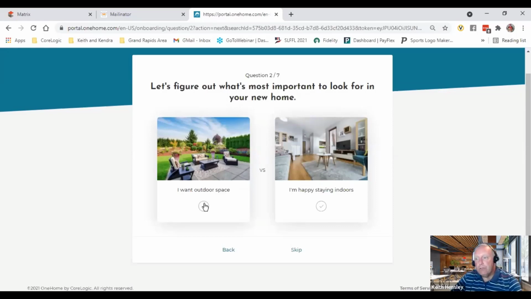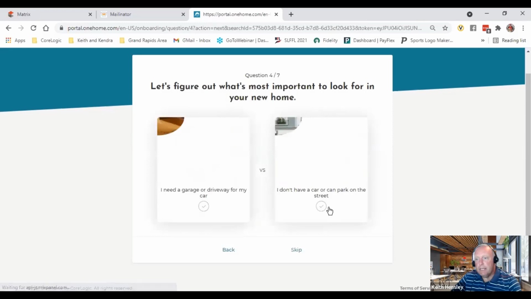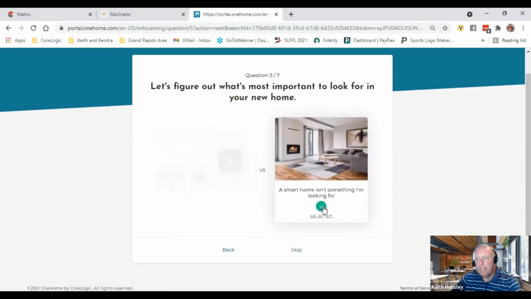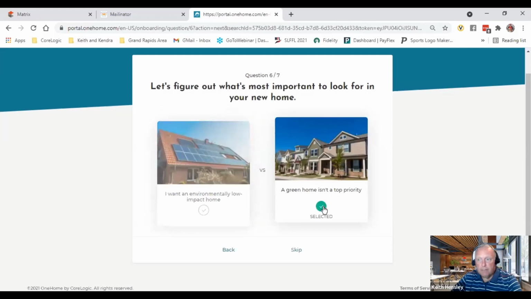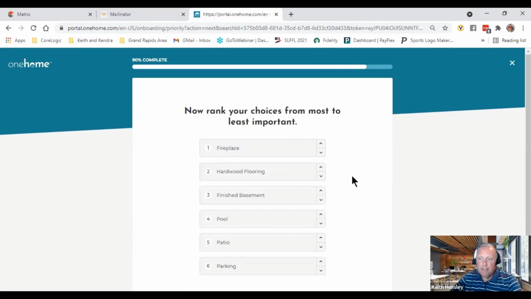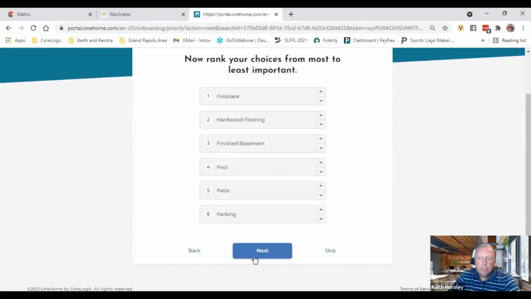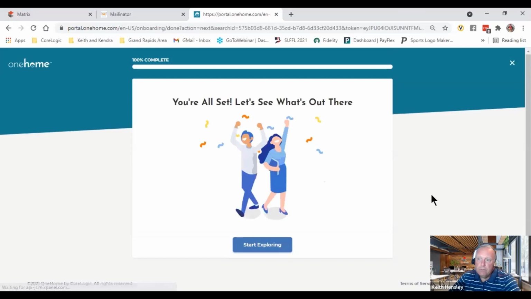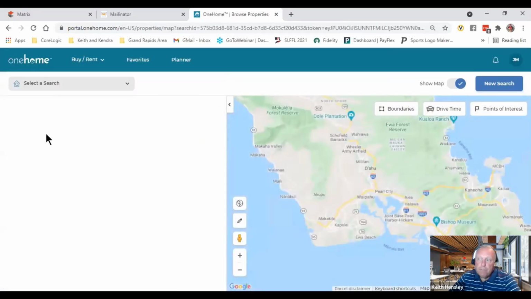And what it does, by her going through this and answering these questions, is dig a little deeper. It asks her about interior features and exterior features. I'm just going to pick 3 of each here, and then it asks to rank them. But absolutely, she can skip this at any time. As long as she fills this out, we're learning more and more about what she's looking for. And the nice thing is, once she hits next or finish, every property that I send